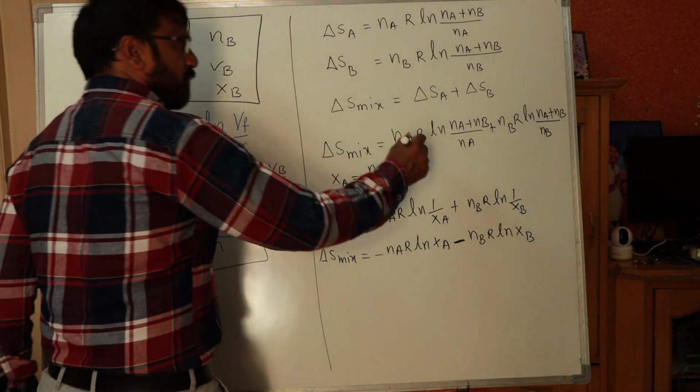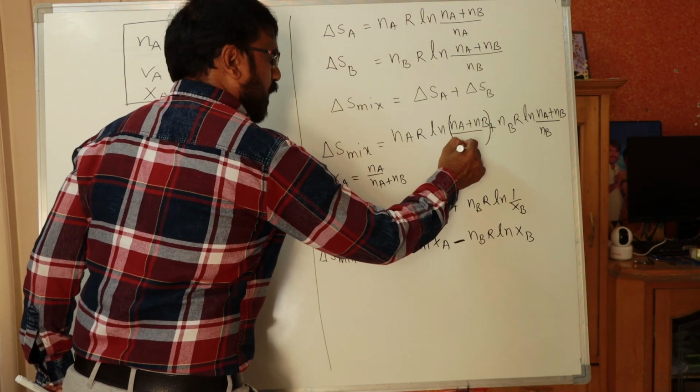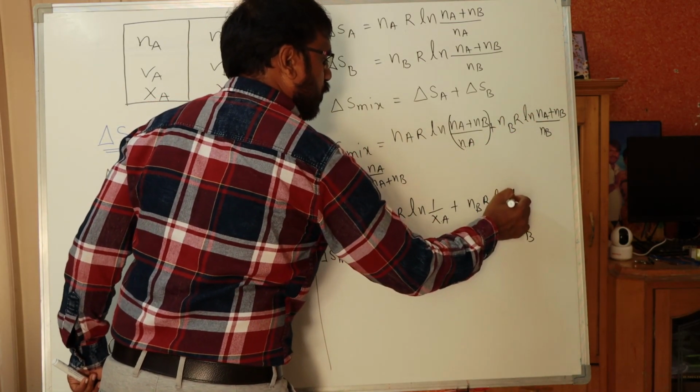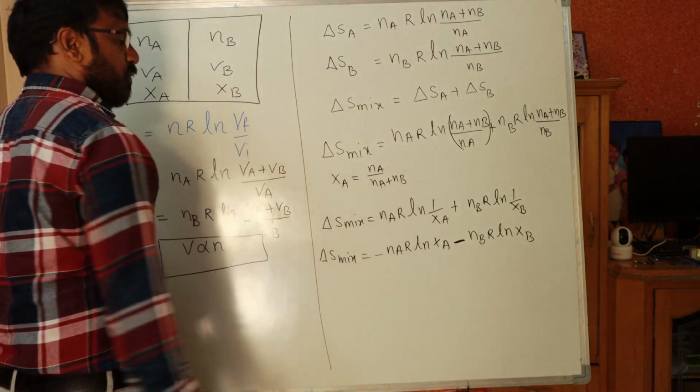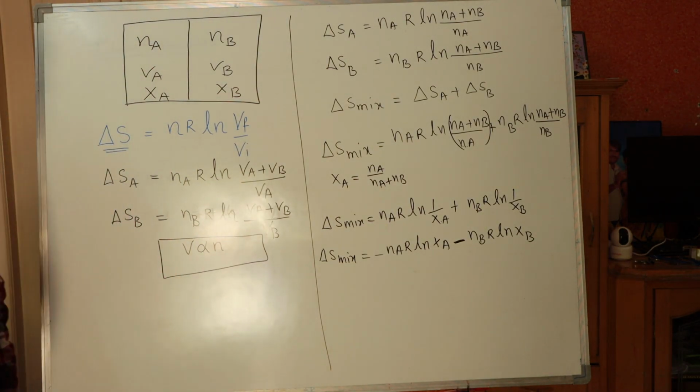So instead of Na plus Nb by Na I wrote Xa. Instead of Na plus Nb by Nb I wrote 1 by Xb. Then we will get this final equation. Now from this